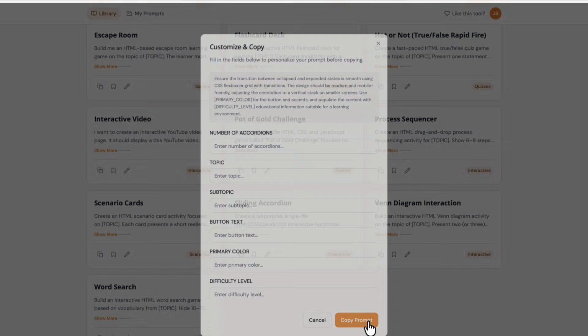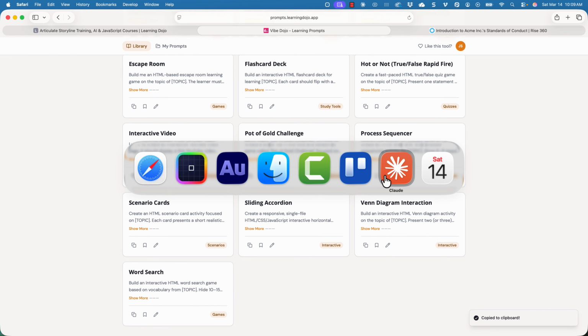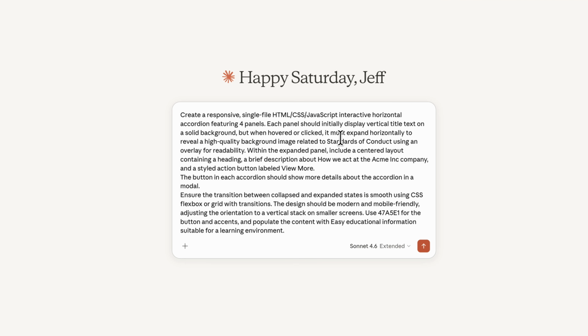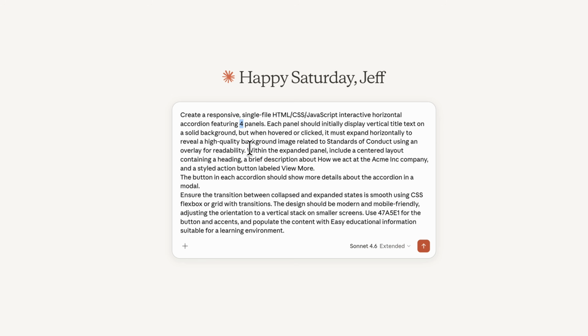Now, if I click on copy, it will copy that, and I can come into Claude and just paste that. But notice this is where it changes out the values. So if I put 4 accordions, it'll have 4. If I put 6, it'll have 6. And so you can define it and reuse it every single time. That's where you'd want to put anything that changes inside of brackets. And so now you don't have to copy the entire text. You just input the different things that change every time you reuse this prompt